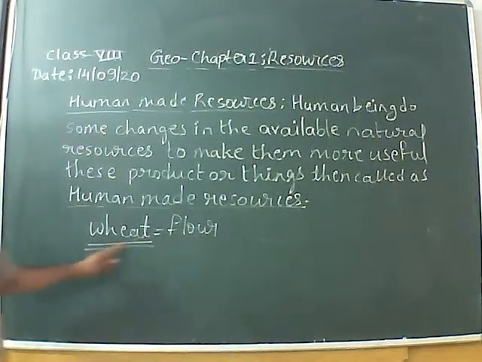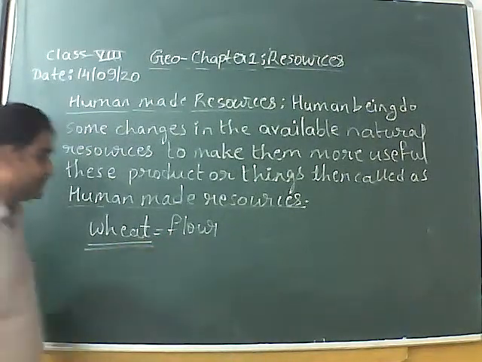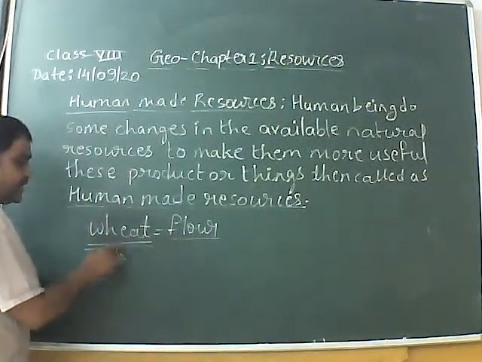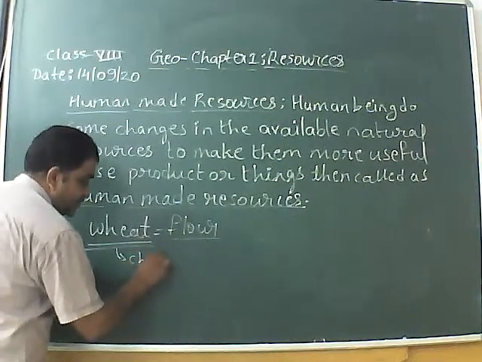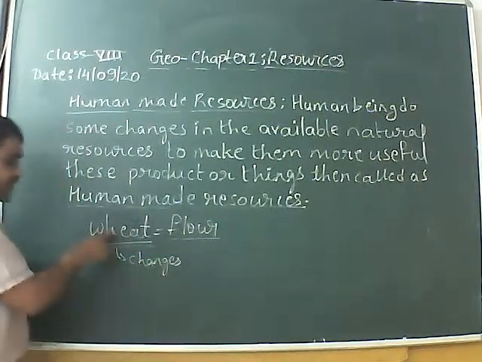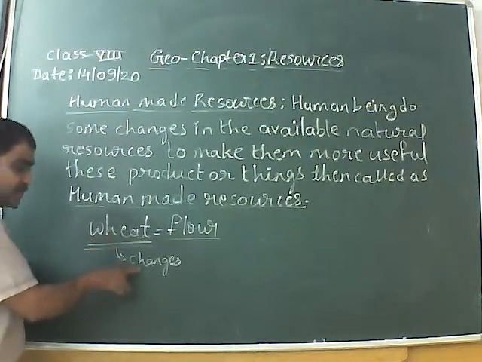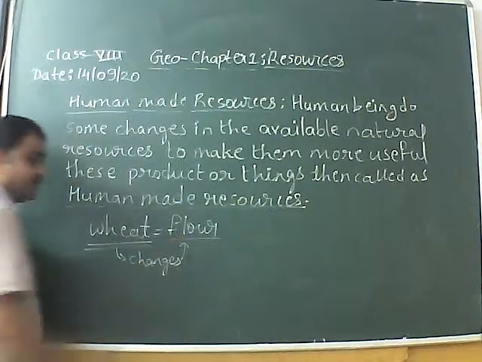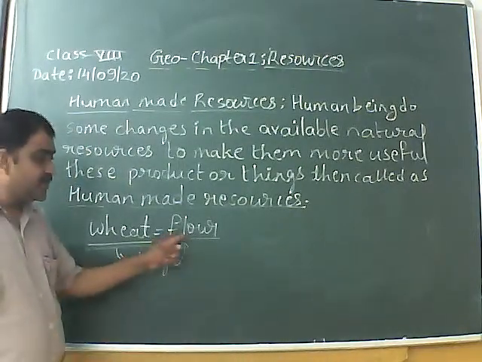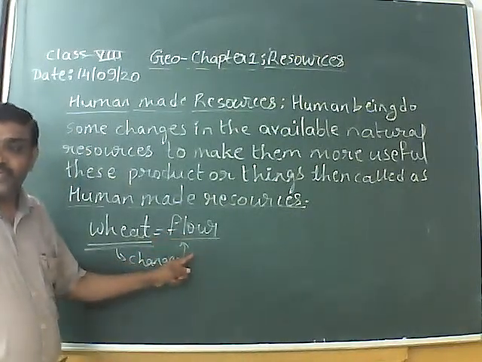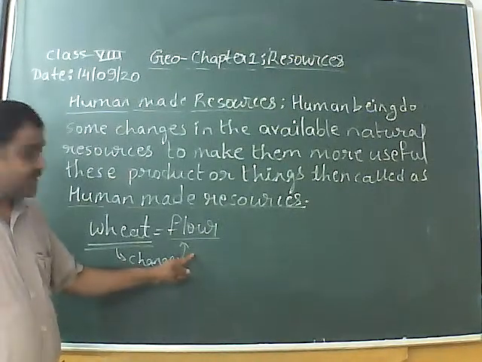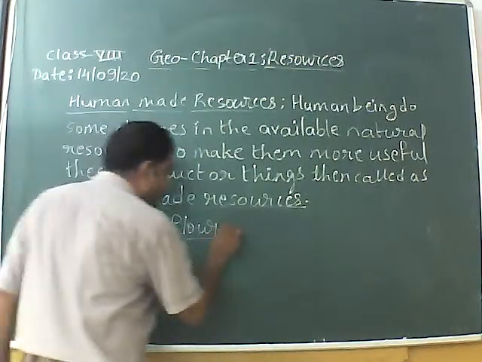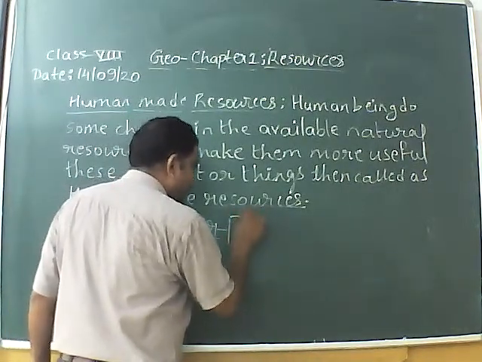We first convert the wheat into flour. It means that in this natural resource, wheat, we do some changes. So when the changes are done, what did we get? We got flour. जब changes हुए तो हमने क्या किया, वीट को किस में कन्वर्ट किया बेटा, फ्लोर में. देन फ्रॉम फ्लोर व्हाट वी आर मेकिंग, वी आर मेकिंग